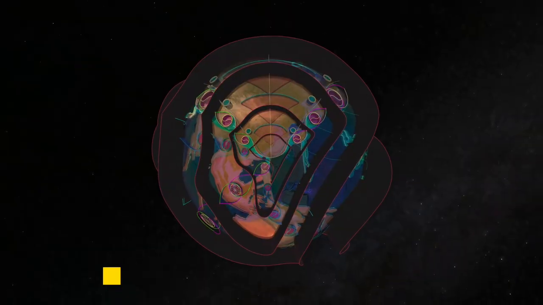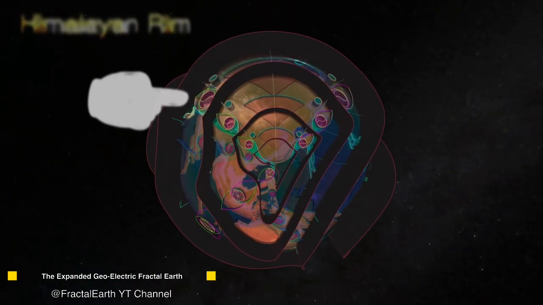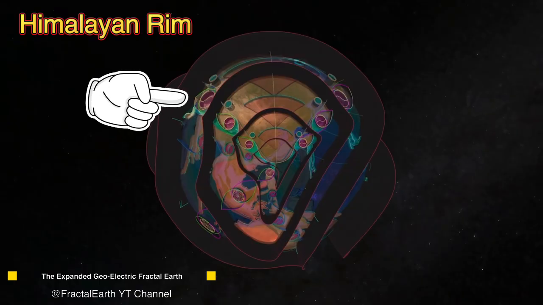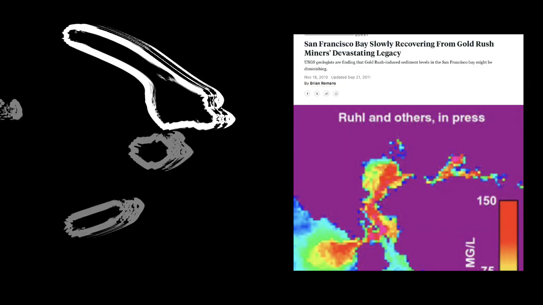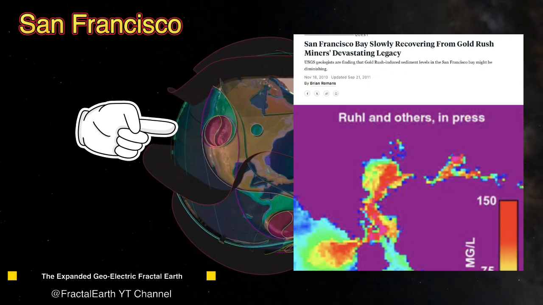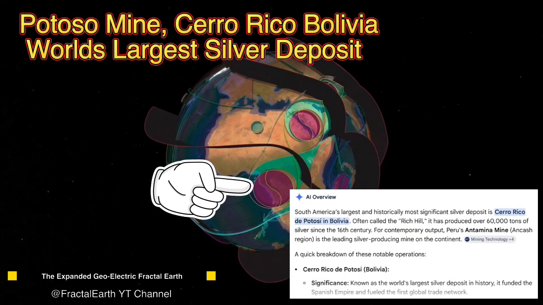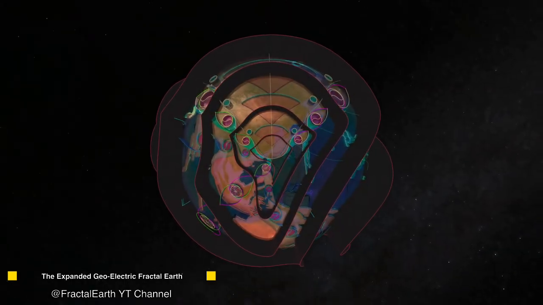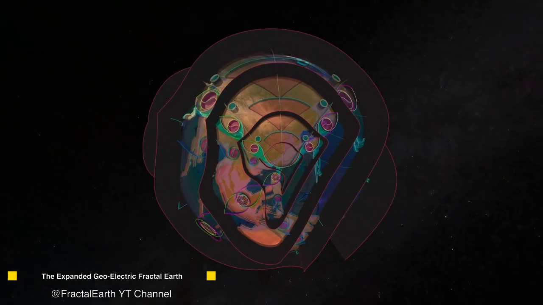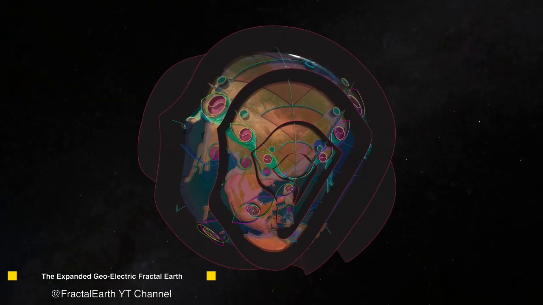During this first phase, the current running through the Earth expanded and transmuted the ground to produce the elemental mix we see in our crust today. Every square inch of the planet's crust was affected. The gold in San Francisco was transmuted during the apocalypse, the silver in South America was transmuted during the apocalypse, and all the world's metals are where they are because of the apocalypse. Thus, the same general name.